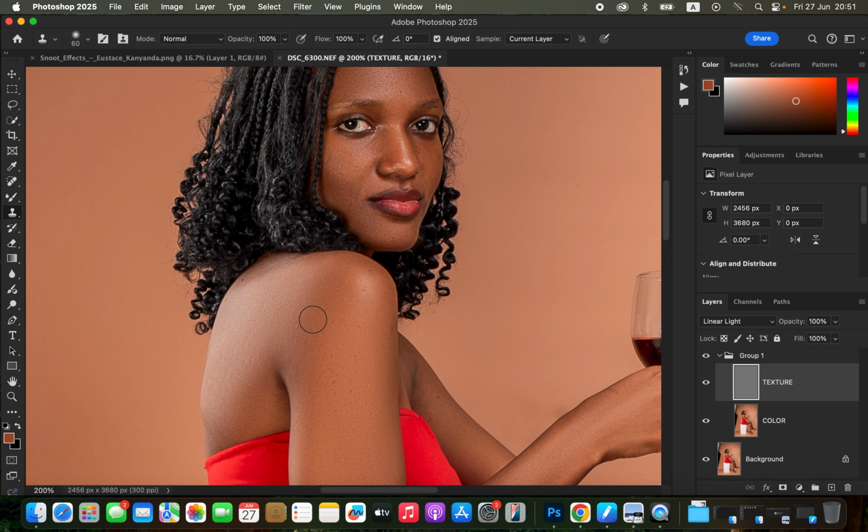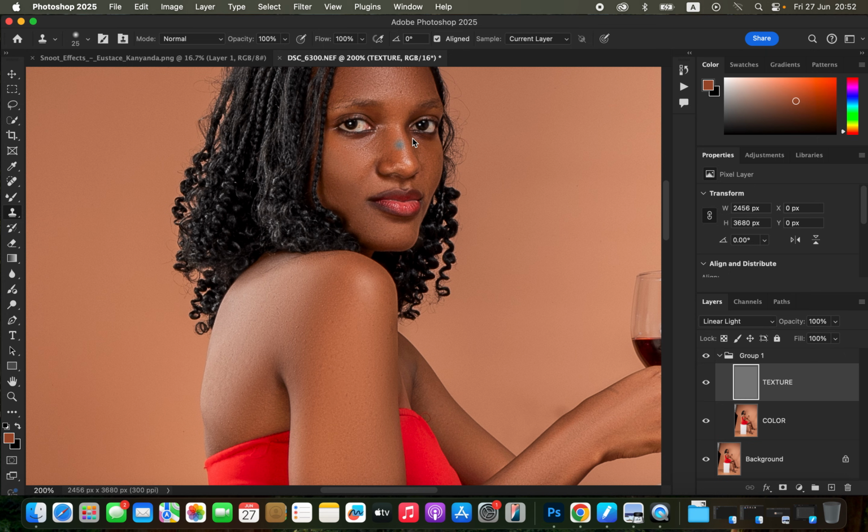So to remove a blemish, you simply hold down the option key on the keyboard, option-click on a clean area near the pimple or the blemish, alternate for Windows is Alt, and click on a clean area near the blemish, and make sure the size of the clone stamp tool is slightly bigger than the pimple or the blemish that you want to remove. Option-click and release the option key after clicking, and click once again to cover or remove the blemish. So that is how you can use the clone stamp tool to remove any kinds of blemishes